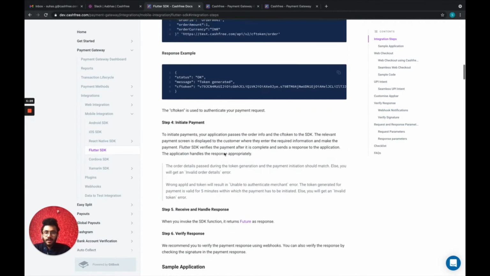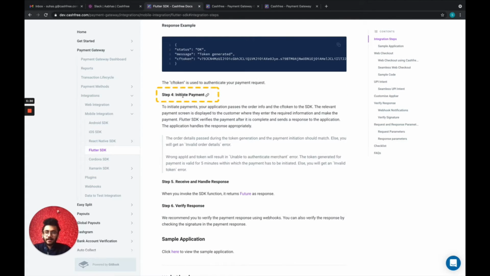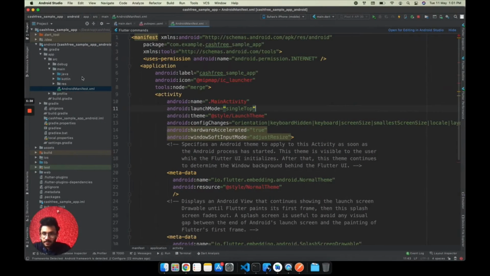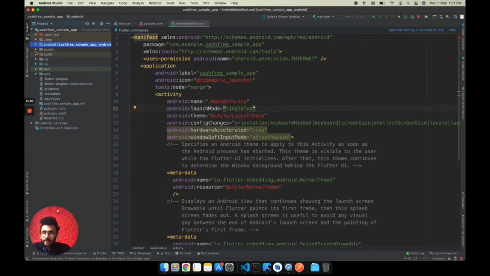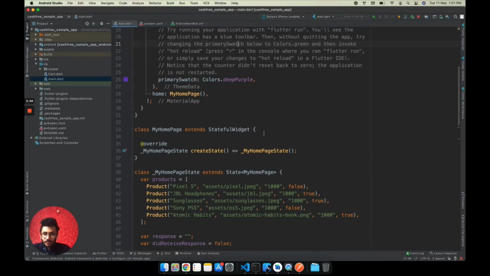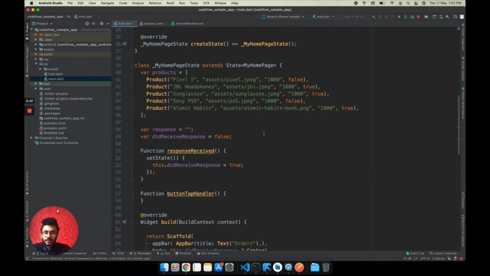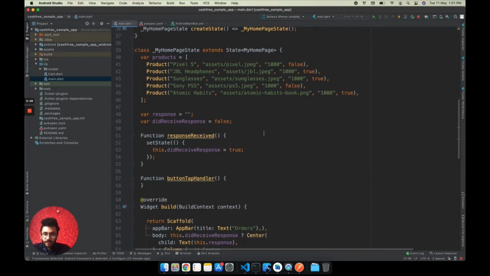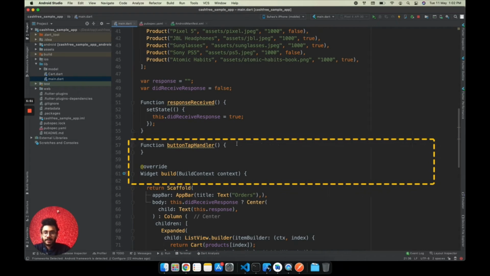So the next step is to initiate the payment. The payment initiation step has to be done from your Flutter project. So let's jump to our Flutter project. Open your Dart file. So we will be invoking the payment function inside this button tap handler function.